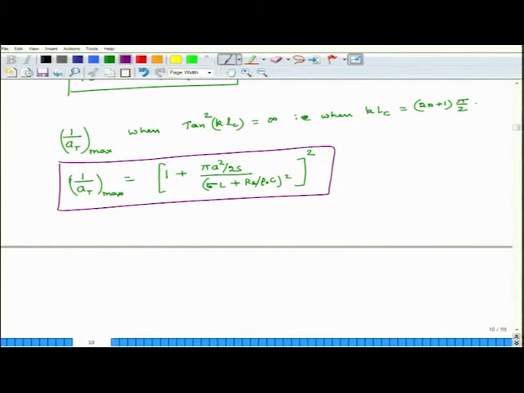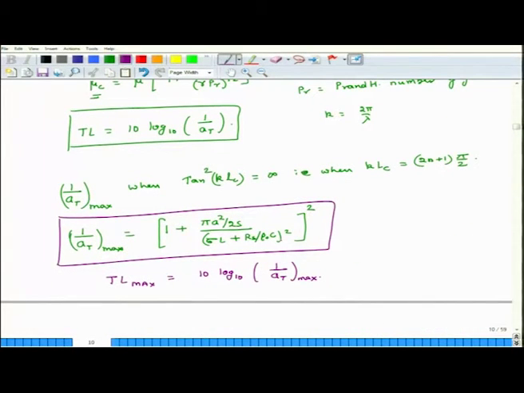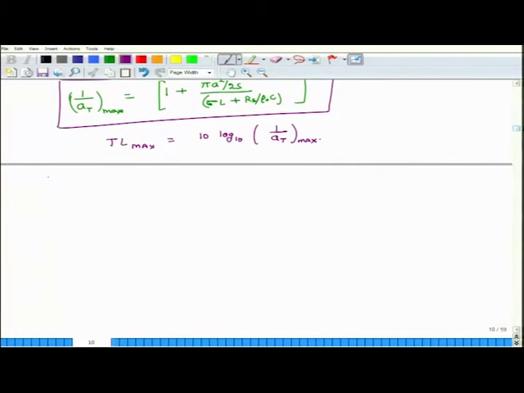So, this is the maximum possible sound reduction coefficient, and in that case TL max is equal to 10 log of 10 over 1 over 80 max. So, what we will do is, no, there should be a square, yeah, because there is a square here. So, that in the denominator you will have the square term. Oh, I see what you are saying. I have squared it twice. So, yes, you are right. So, what we will do is we will do an example.